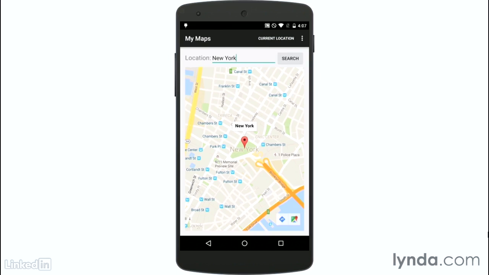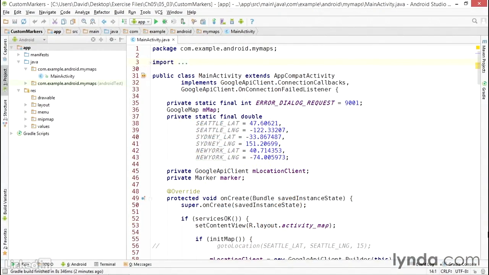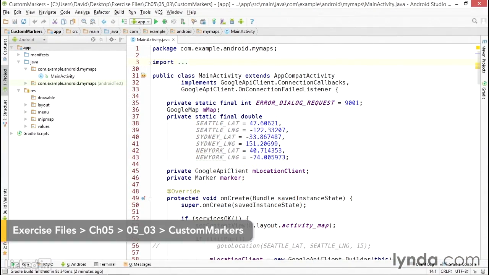The default marker on a Google map is a red icon, but you can change the color of that icon, and you can even use your own custom graphics to create your own icons for Google Maps. I'm working in a project named Custom Markers, and I'll show you first how to change the color of the